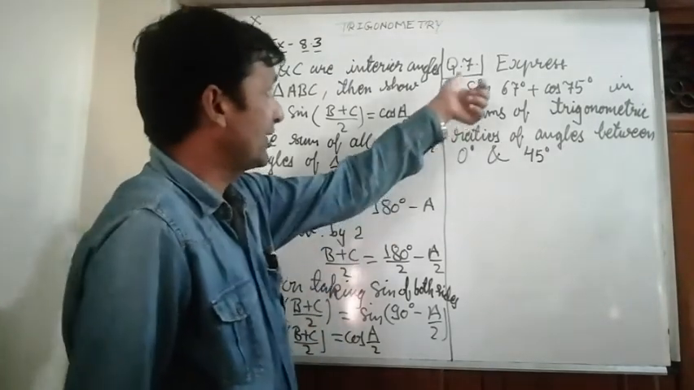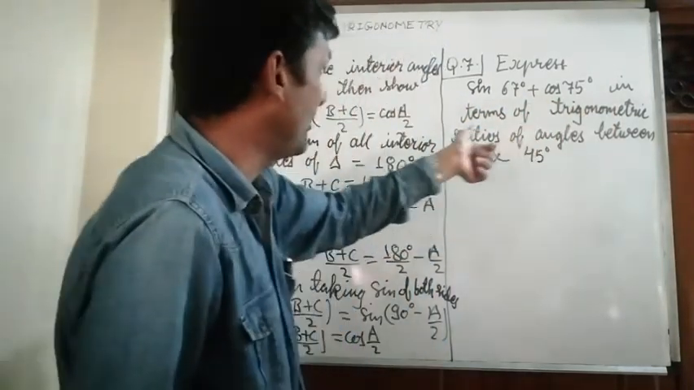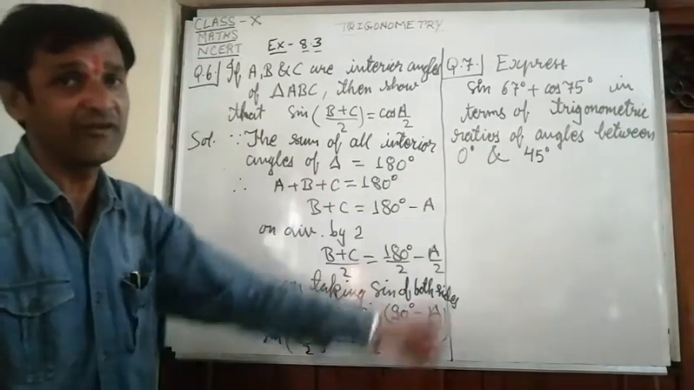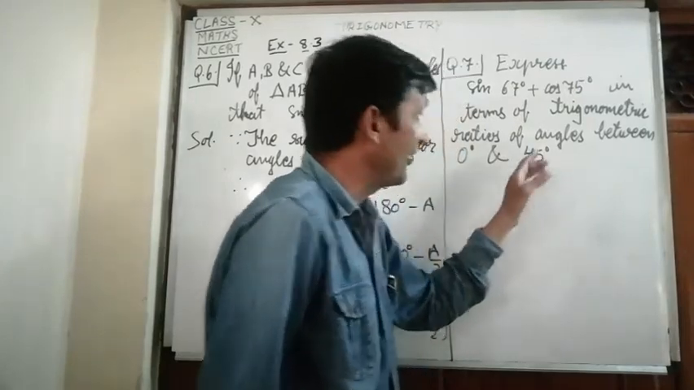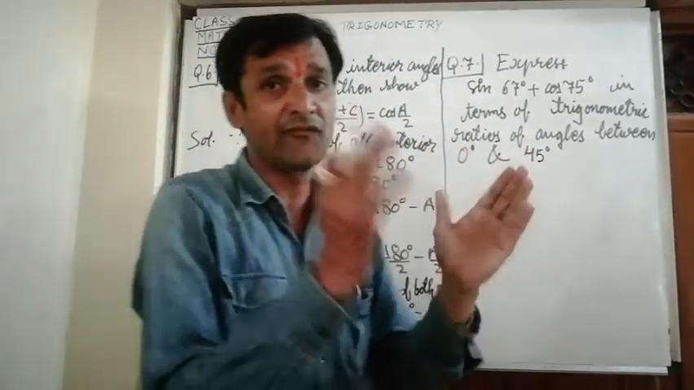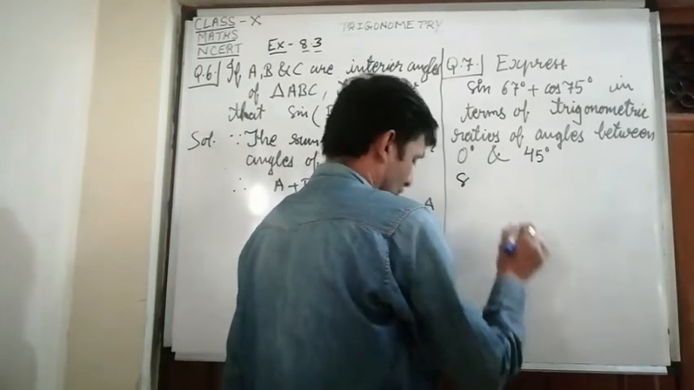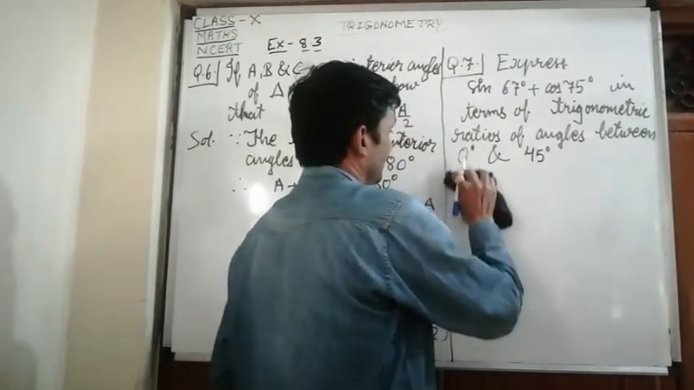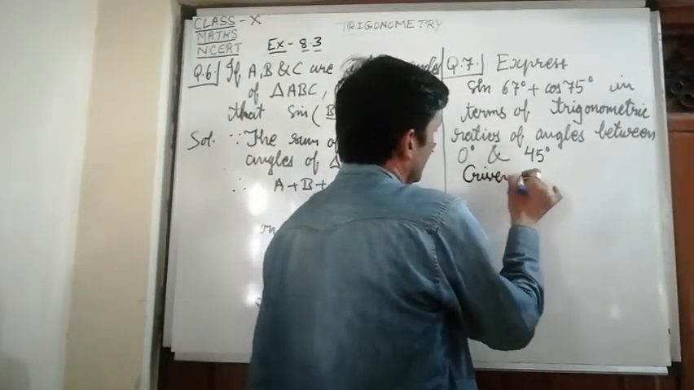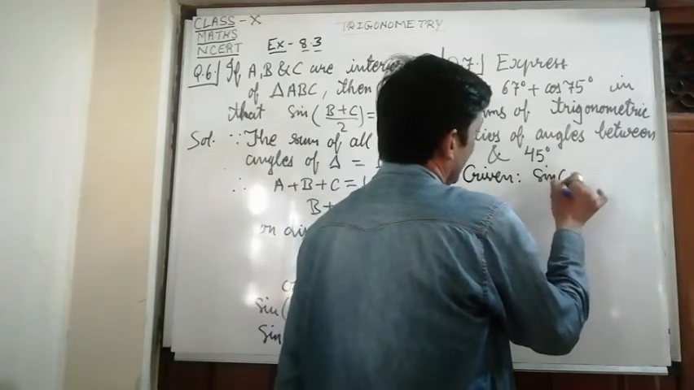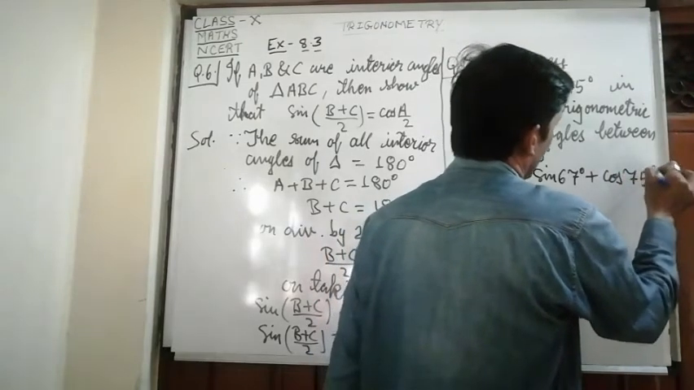Now see question number 7. Express sine 67 degree plus cos 75 degree in terms of trigonometric ratios of angles between 0 degree and 45 degree. Here we have to mention these angles in the form of 0 degree and 45 degree terms. First of all, given part we have to mention. What is given here? Here it is given sine 67 degree plus cos 75 degree,